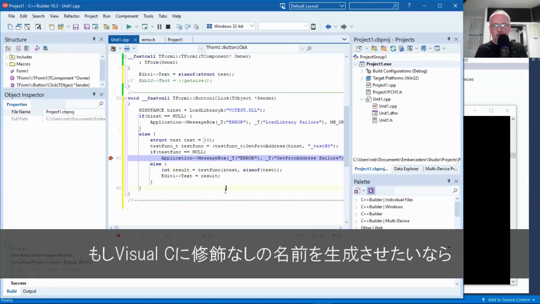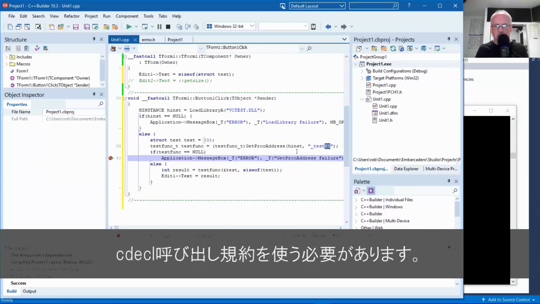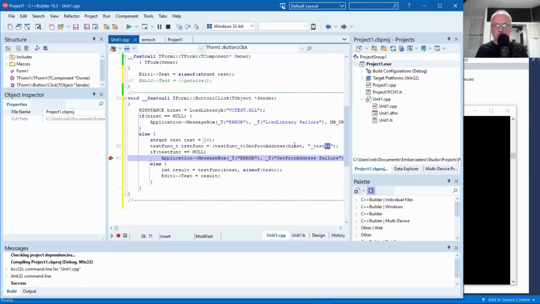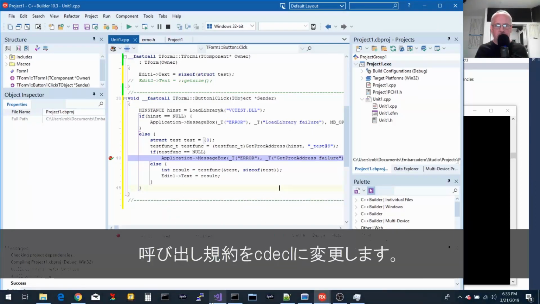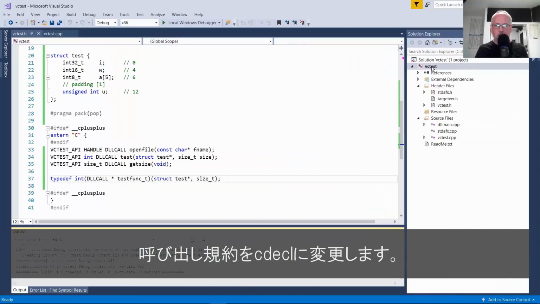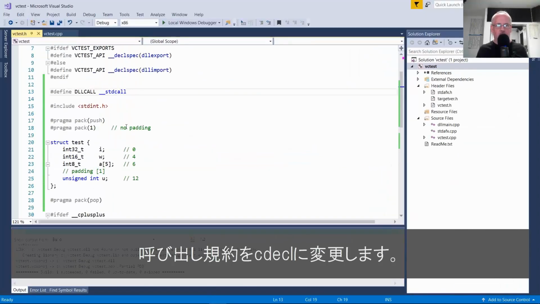So if you wanted Visual C to generate names without this decoration, you would need to use the cdecl calling convention. So I'll go ahead and revisit that now, and we'll change our calling here to cdecl.